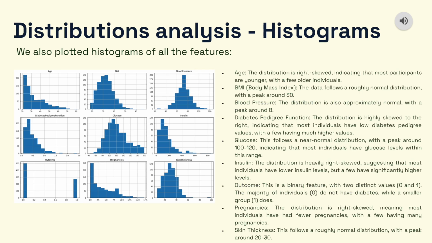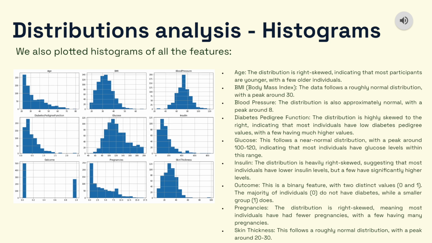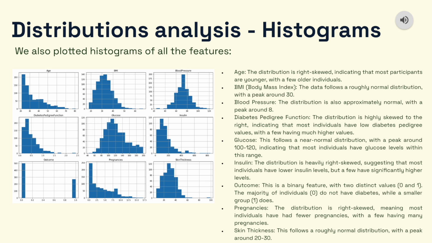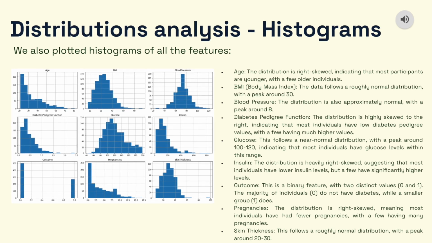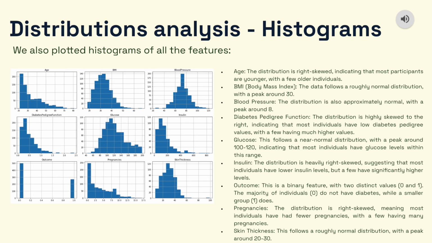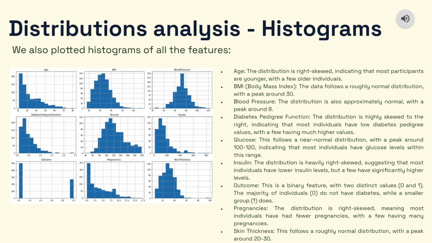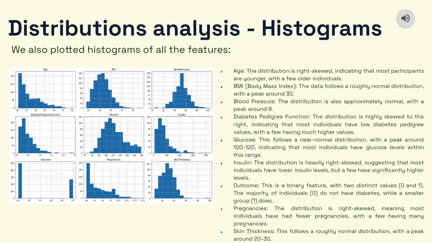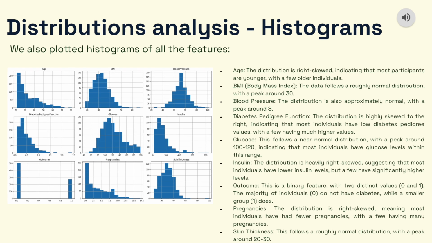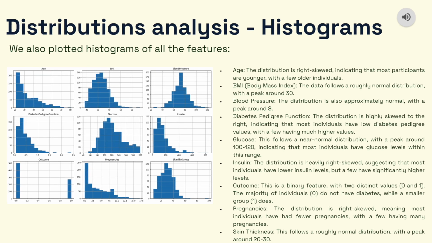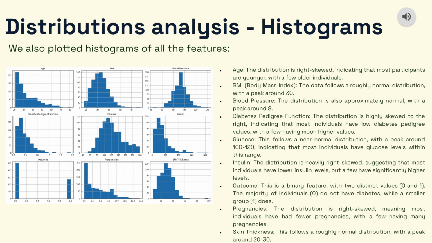We analyzed the distributions of all the features using histograms. For age and pregnancies, the distributions were right-skewed, indicating that most participants were younger and had fewer pregnancies. For BMI and skin thickness, we found a roughly normal distribution, with peaks around 30 and 20 to 30 respectively. For blood pressure and glucose, we also found a near normal distribution, with peaks around 80 and in the range between